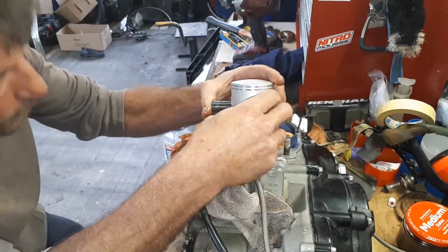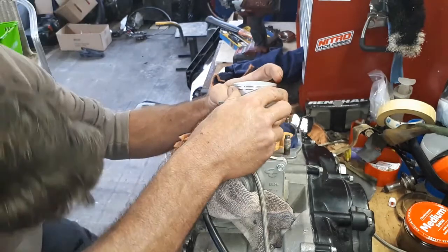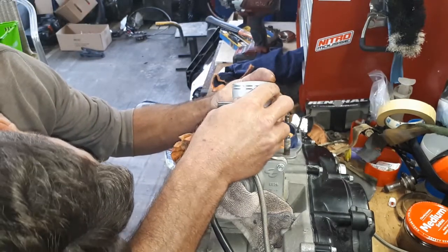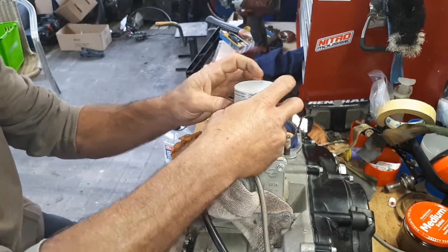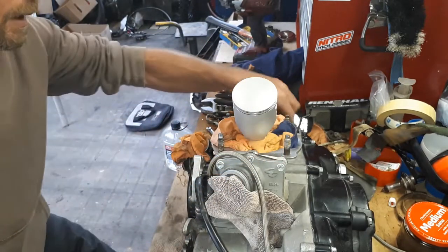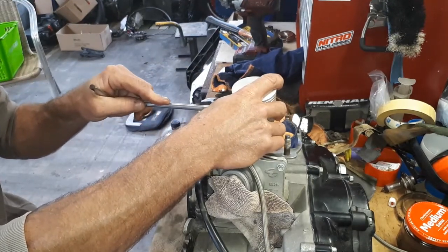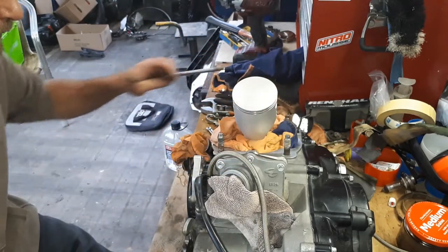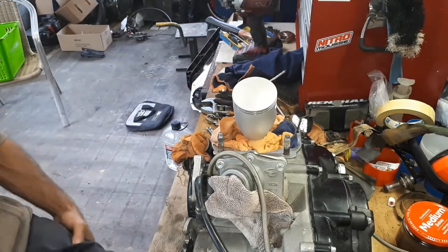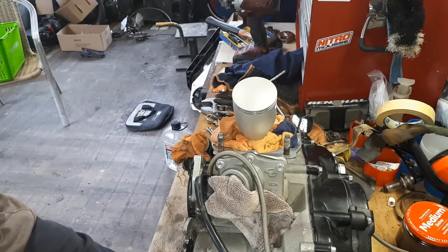And a bit of wiggling. Oh, this is tight. Just slide that through that little end bearing in there. There we go. And I'll just make sure I push that in all the way till it's seated on the clip on the other side. So there we have the new piston sitting there. Now I'm going to just quickly give my fingers a good clean here, make sure I don't have any oil on them,